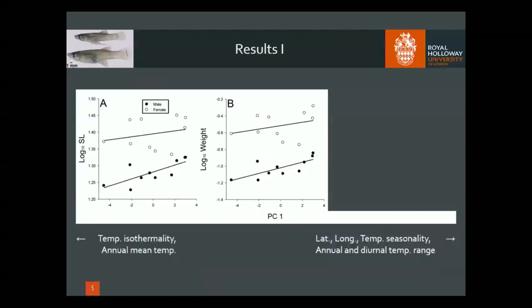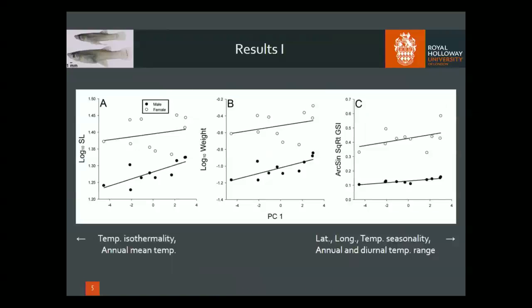And then we looked at a couple of other life history traits as well. So the next one, before I show you the actual pattern, let me just walk you through real quick. Basically, we compressed what we can call investment into reproduction for males and females into one graph. In males, that would be the gonadosomatic index, in other words, the relative weight of testes relative to the whole body weight. And in females, that's the weight of the whole clutch relative to the whole body weight, okay? So you basically get a fraction that you can use to estimate how much they invest into reproduction.